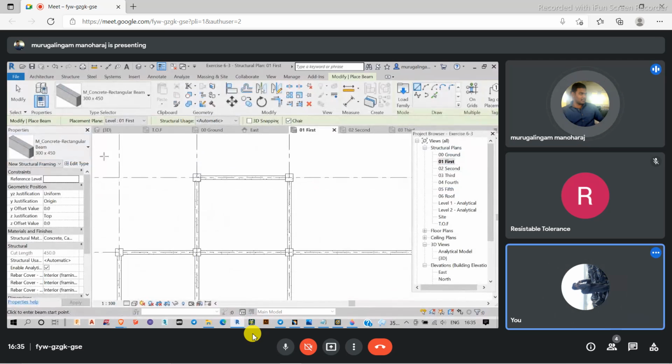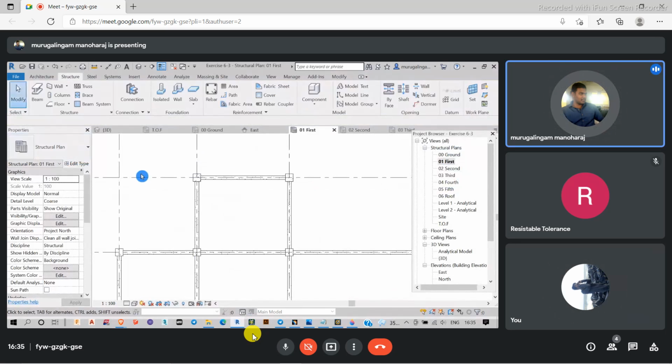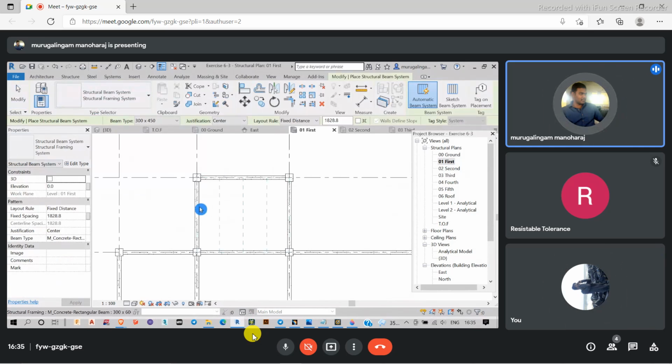So this is one way of giving this, and another way is choosing the beam system here. The beam system will identify the closed space. If I come over here, the beams will be placed here. If I come over here, the beams will be placed here. How it is calculating the beams means I'm having some general rule here that is fixed distance, fixed numbers like that.